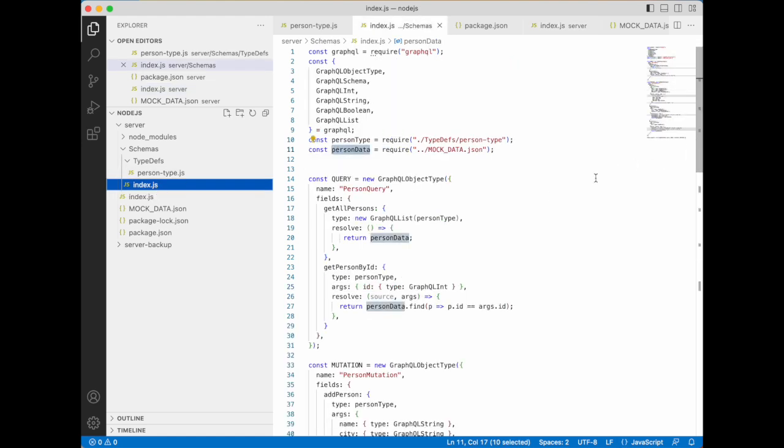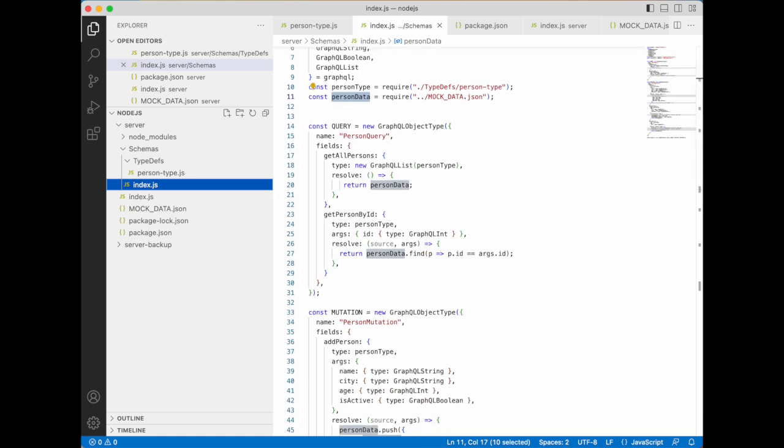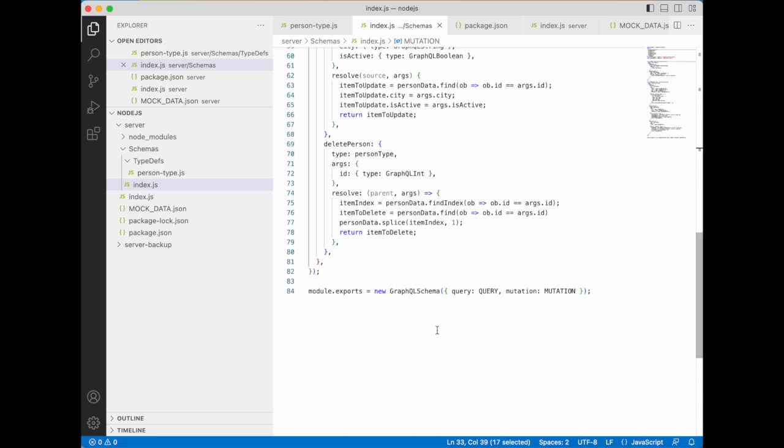So let's create this API. As I have told you, to fetch data we use query, and to create, update and delete we use mutation. So we have to create two types of object. For the query, create an instance of GraphQL object type, and one for mutation, GraphQL object type again, and finally use GraphQL schema. Basically we are creating the schema,